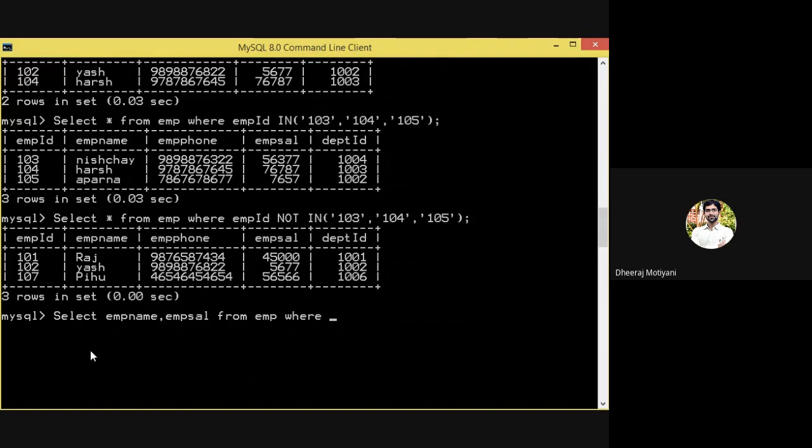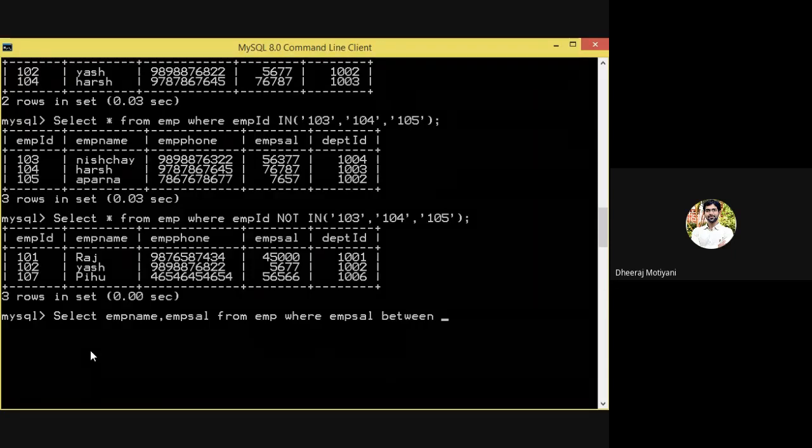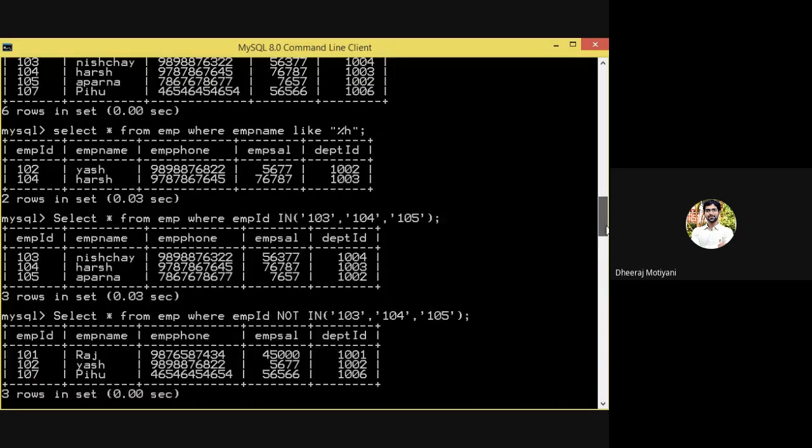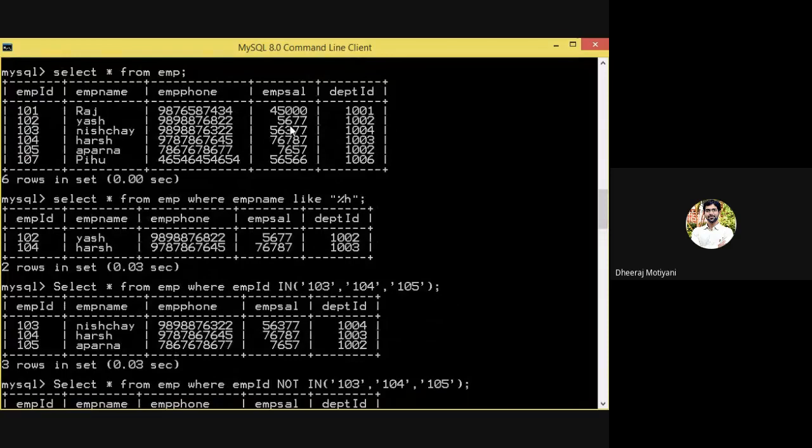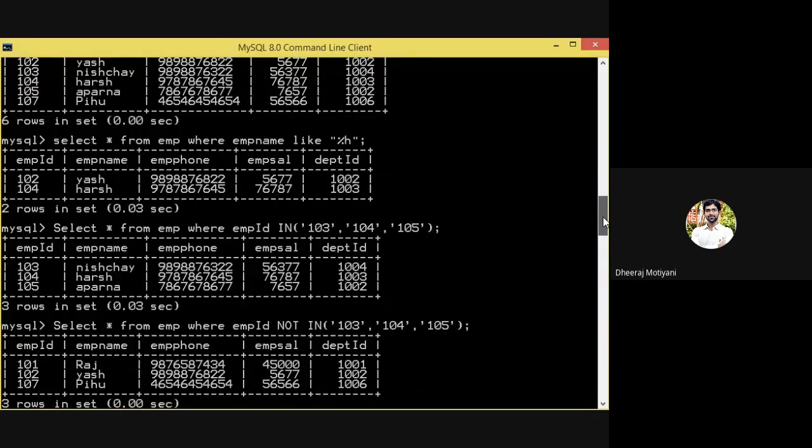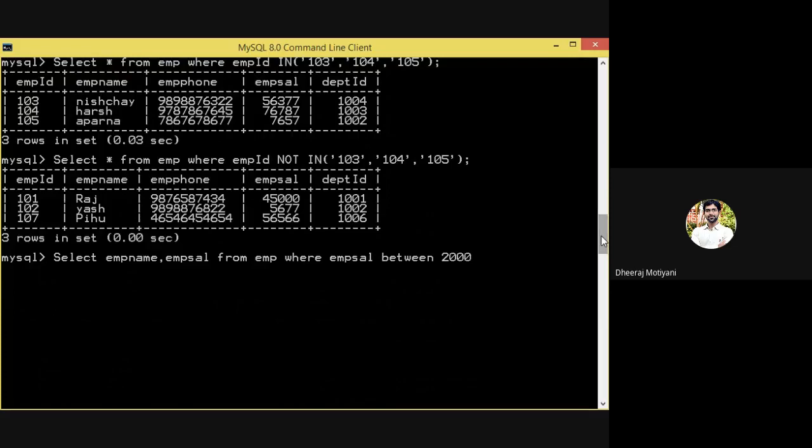where EMP sal between, you can give whatever salaries are there. See the records, it is between 4500, 56, 76. So I can give between 20,000 and 50,000.